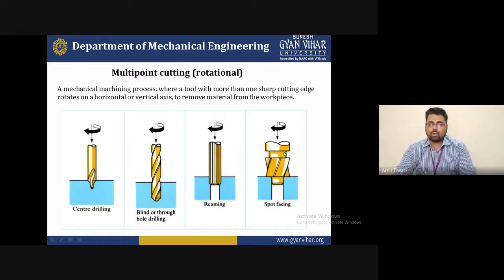So there are a lot of tools for machining, and you can see in this diagram that each tool has different unique characteristics and is used for a special purpose. The work of the center drill is not performed by the blind drill, reamer, or spot facing tool, and the work of the blind drill, which is sufficient for drilling, is not done by the other three tools.